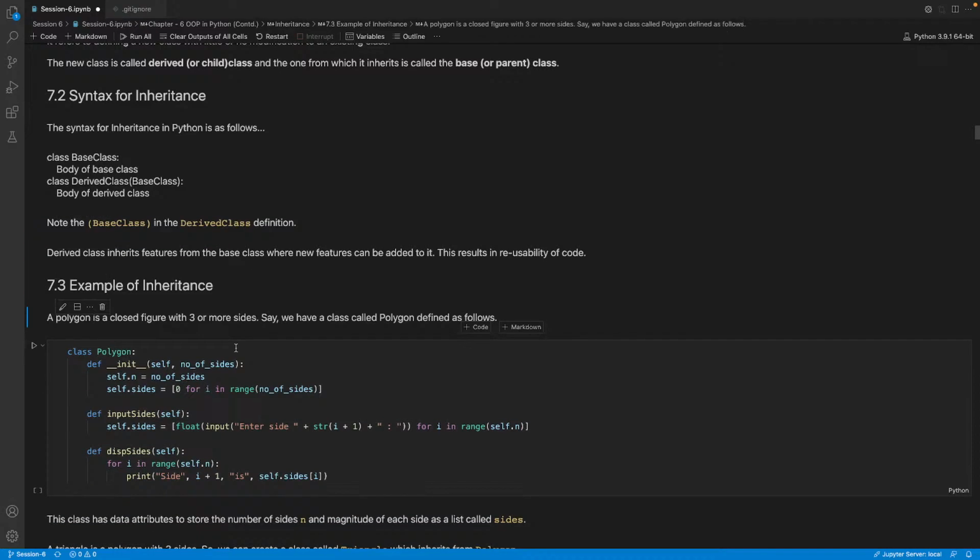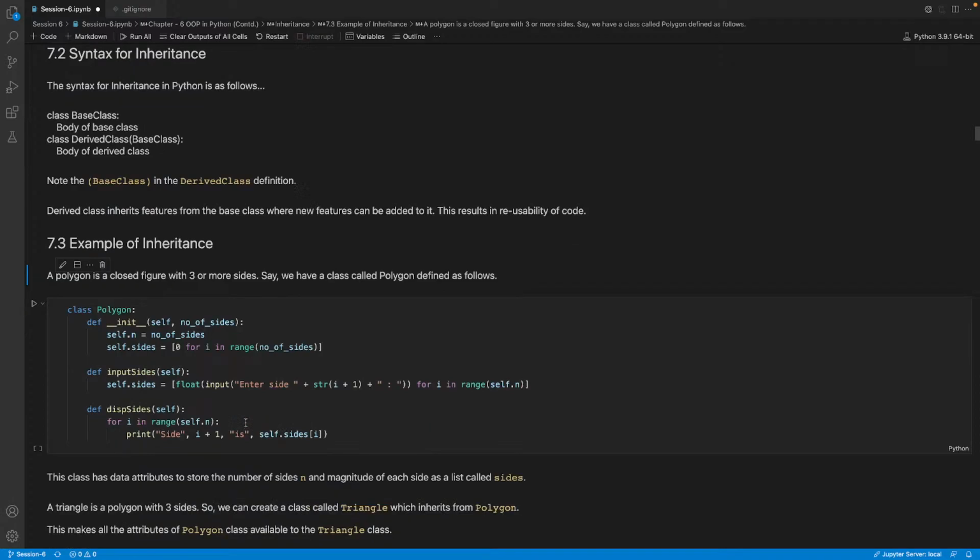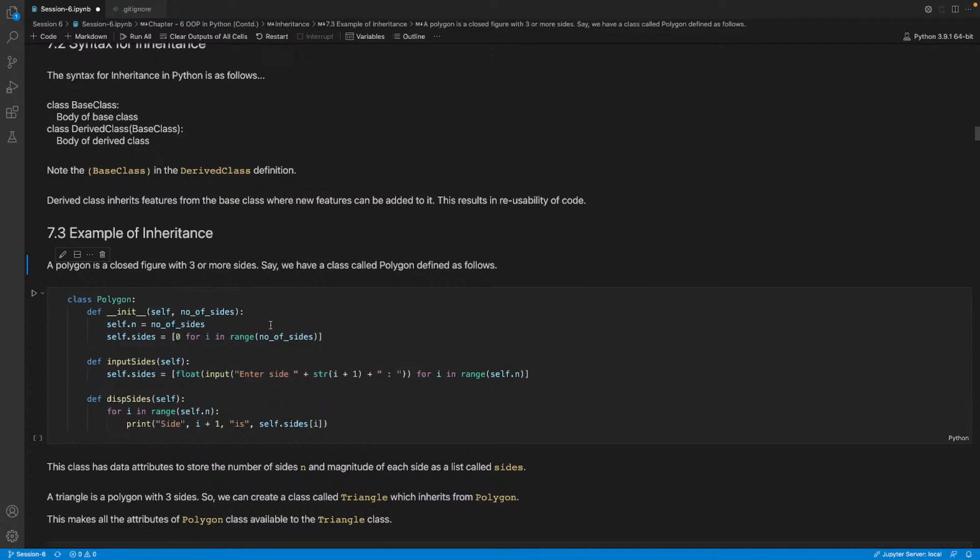Here we have defined a class named Polygon. Polygon, as you might know, is a closed figure with 3 or more sides. So this is the constructor for the Polygon class, and we have an attribute named n that denotes the number of sides, and a list named sides that stores the length of each side, and then a function input sides to input the length of each side from the user, and a function display sides that is used to display the length of each side. So let's run this cell,